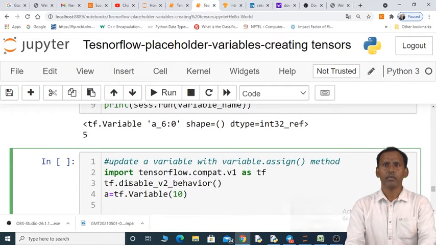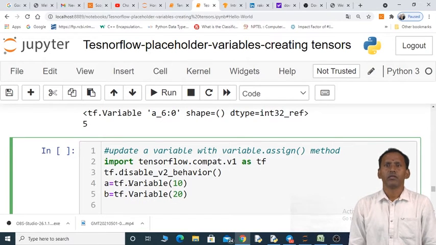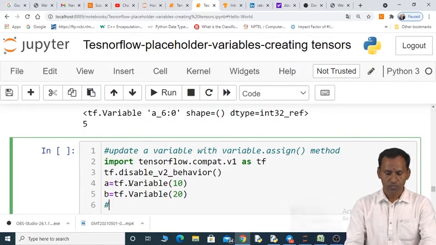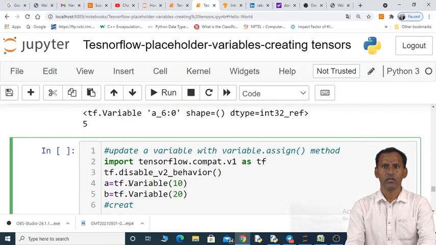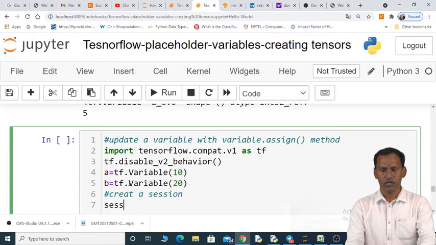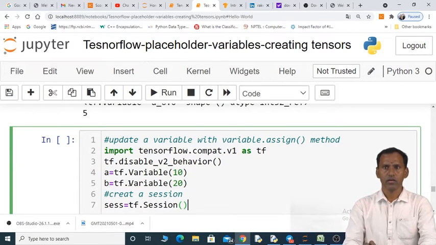Then I'm taking another variable b equal to tf.Variable, giving 20. Now after this you have to create a session, tf.Session.